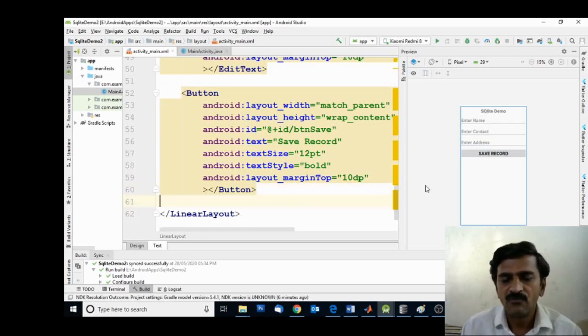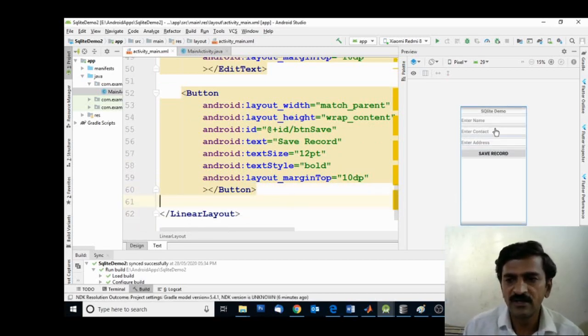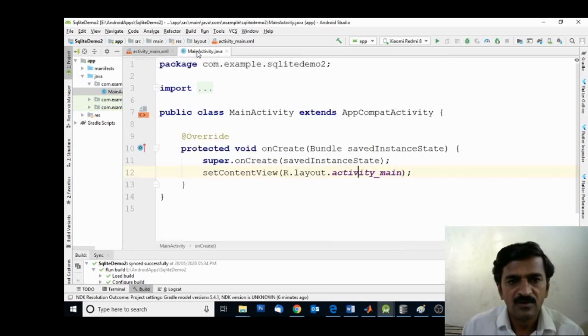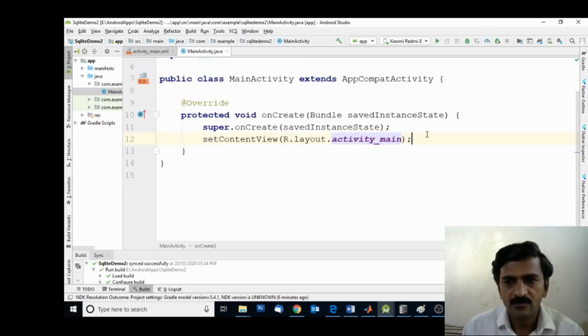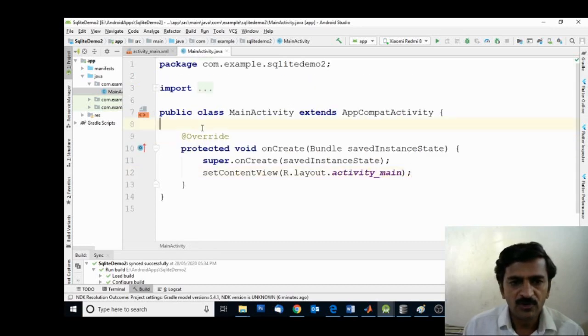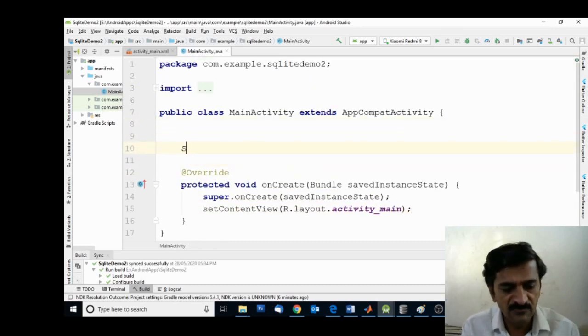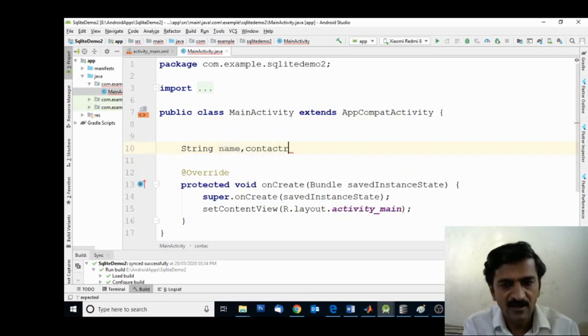Now we'll move towards the code for getting data and saving this data into the SQLite database. So I'm opening MainActivity.java. Here I'm going to create three string variables for getting name, contact and address.